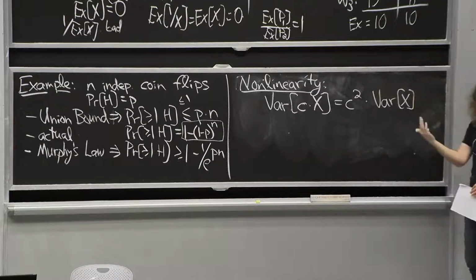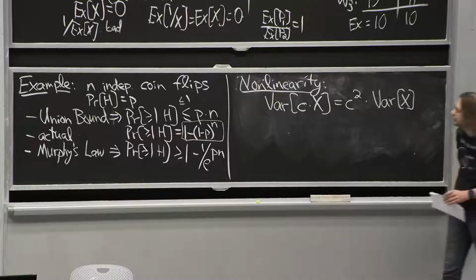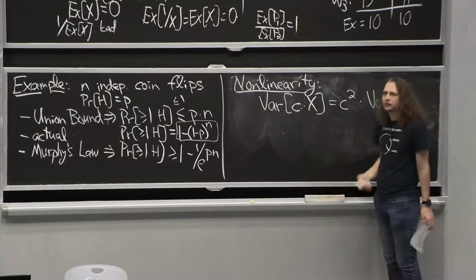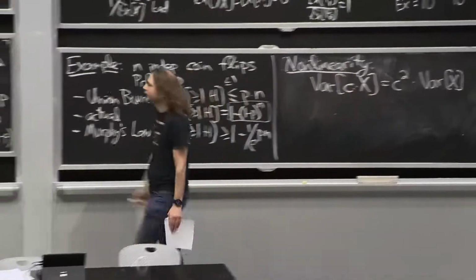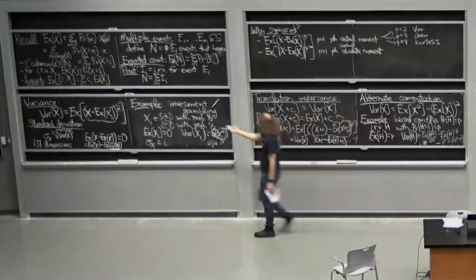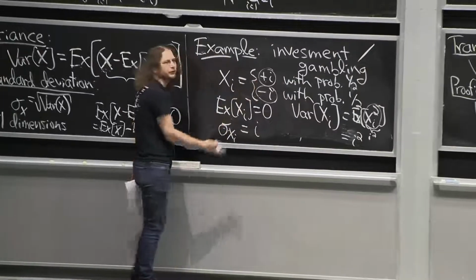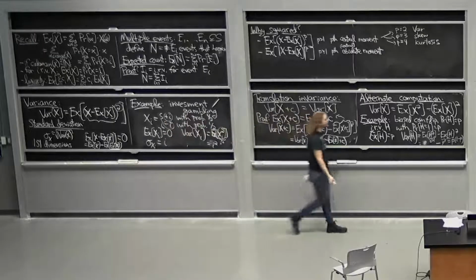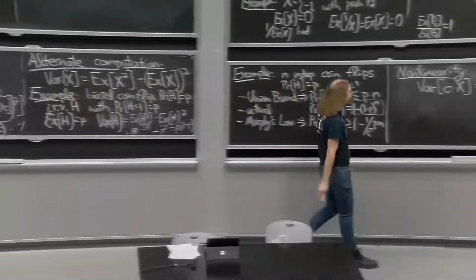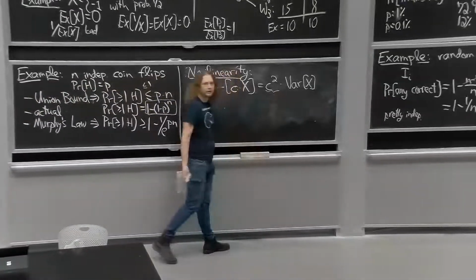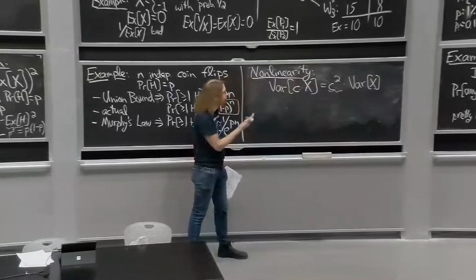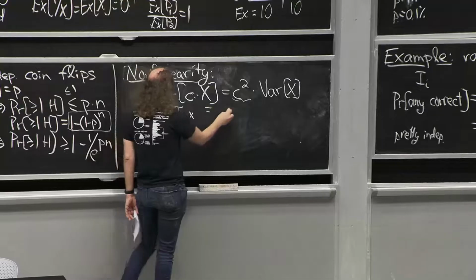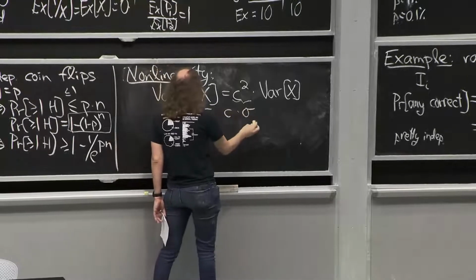So variance was translation invariant. Is that what I called it? Yeah. If I add something to x, it doesn't change the variance. If I multiply by something, it better change the variance, right? I mean, that's the whole point of the investment, say. If I multiply x by 1 million, that has higher risk. So variance should go up. And it's a little funny because everything's squared. So it doesn't go up linearly. It goes up by c squared instead of c. Of course, if you take standard deviation, it is linear in this special case. Like if you take standard deviation of c times x, it's going to be c times standard deviation of x.